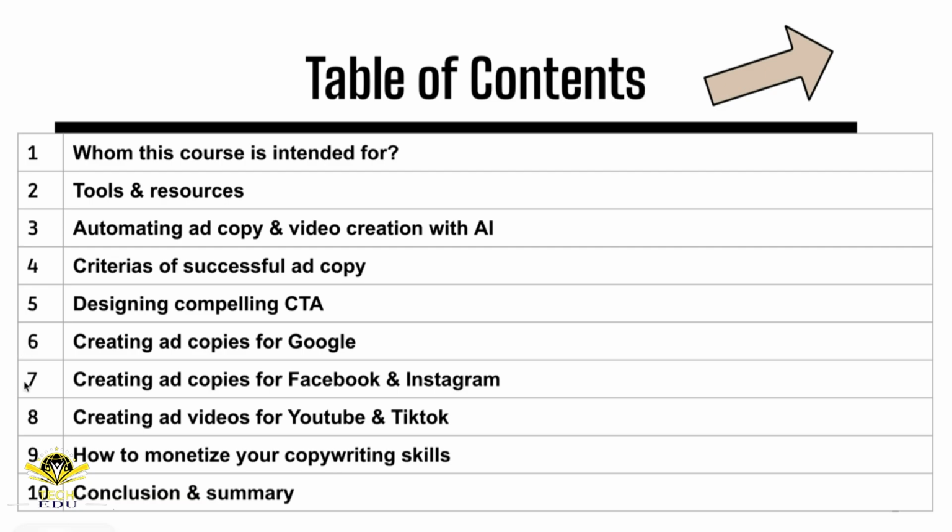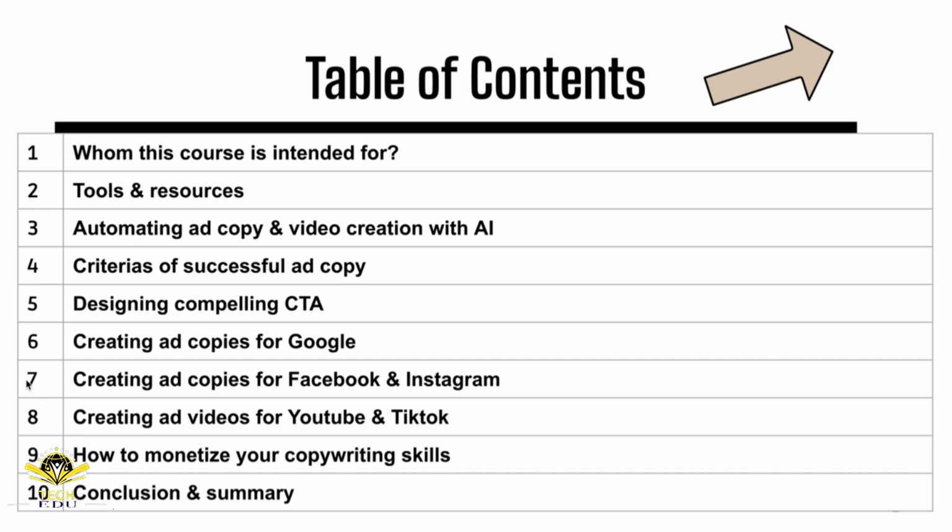Let's move on to the next one here, chapter 7, creating ad copies for Facebook and Instagram. So yeah, I'm going to guide you step by step on how to create ad copies for Facebook and Instagram, as well as the images, right? Because when it comes to Facebook and Instagram, we need to have very interesting, very compelling images on our ad campaign, right? Because that's like the first thing that our potential customers are going to see. If they're interested, they're going to click. If they're not really interested, then most likely you're not going to get clicks. Okay, so yeah, that's chapter 7, and we're going to utilize tools like Snazzy AI, Creatable, and Magic Brief for